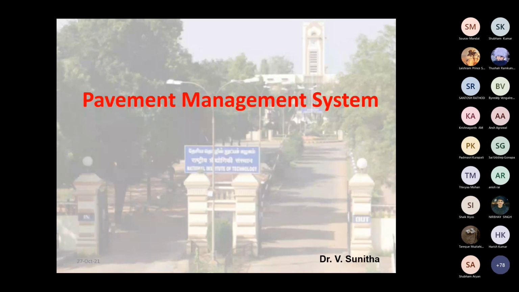Our budget is limited. It might not be possible, if suddenly one night I tell you to maintain all the roads such that the pavement condition index value is 100 or more, that is not possible. Because we have many pavements, and the conditions vary also. You can't have a generalized method for road 1 and road 2. Sometimes road 1 might have a CBR of 10 percent, and road 2 might have a CBR of 2 percent. So you have to check on these properties also.